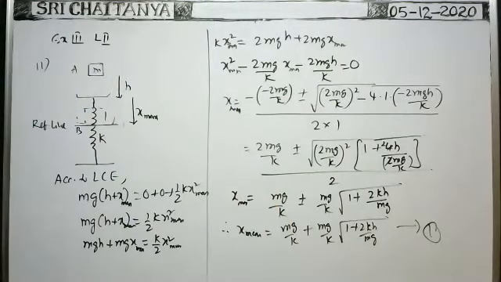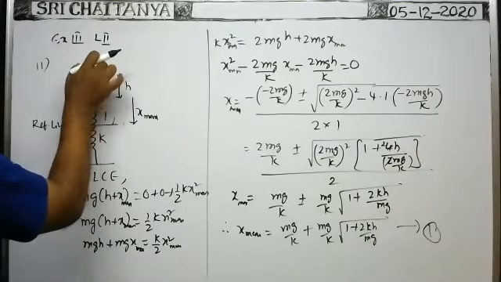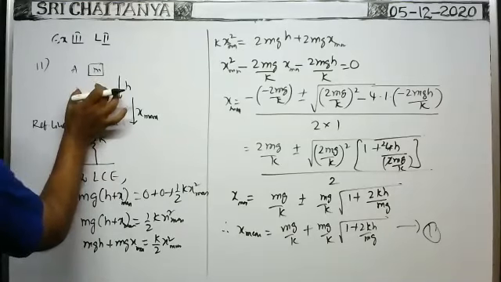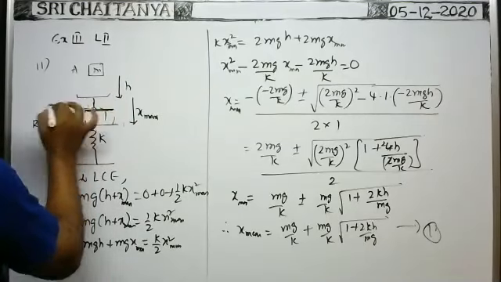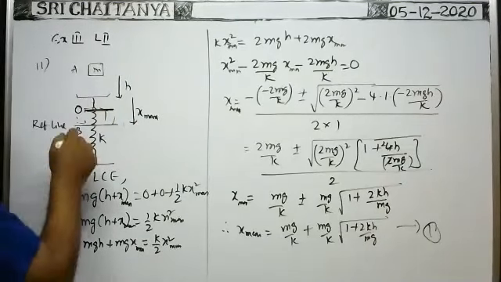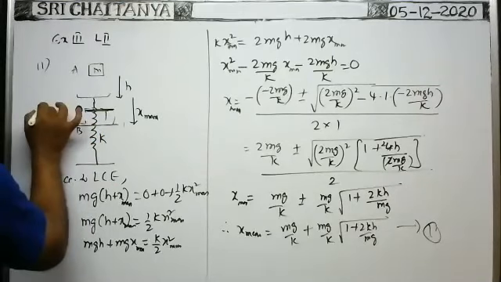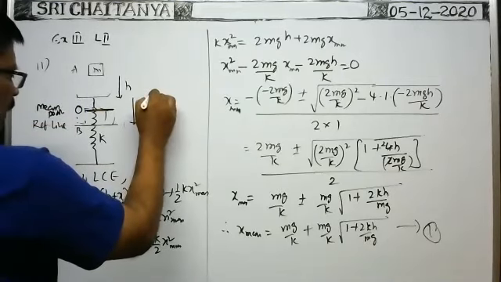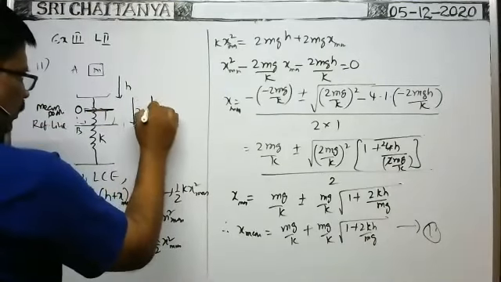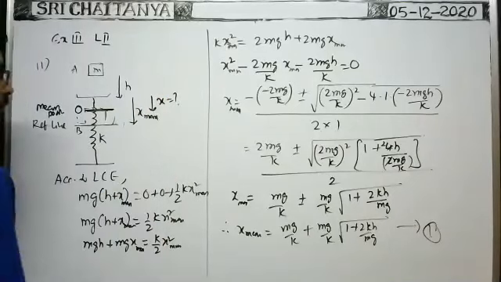Now we have to find the amplitude of oscillation. Here, whenever the block is just kept over the pan and it is slowly released, then at a certain position the net force acting on the block becomes 0. That is the mean position or equilibrium position. At mean position, net force becomes 0. At that time, what is the displacement of the block? What is the compression of the spring? You write, that is equal to how much?